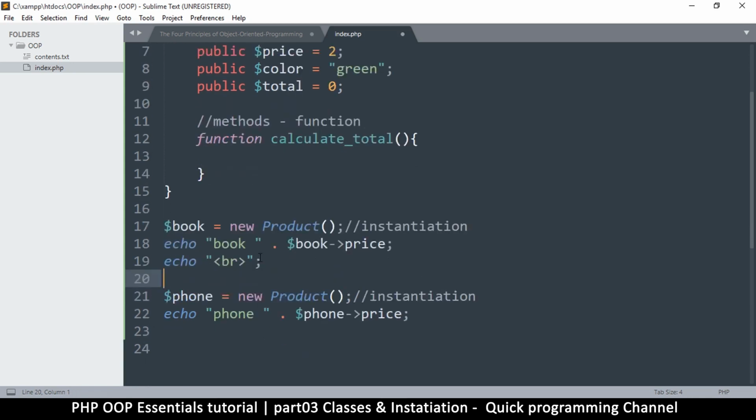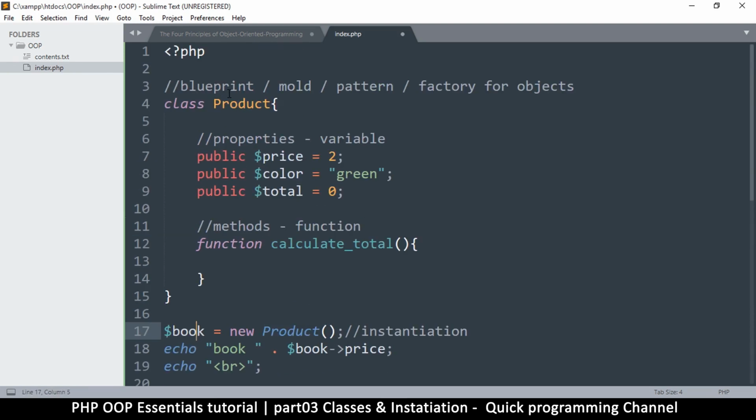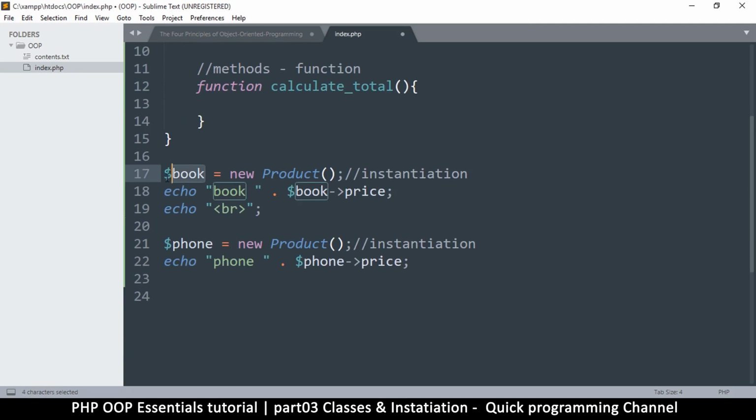So what am I doing here? I'm telling it that I want a new instance of the product class. I want book to be a product, a new product. Then I want to check its price. That's all I'm doing. Book price, break tag, and create a phone instance and just check the price. That's it. So let's refresh here, and we see